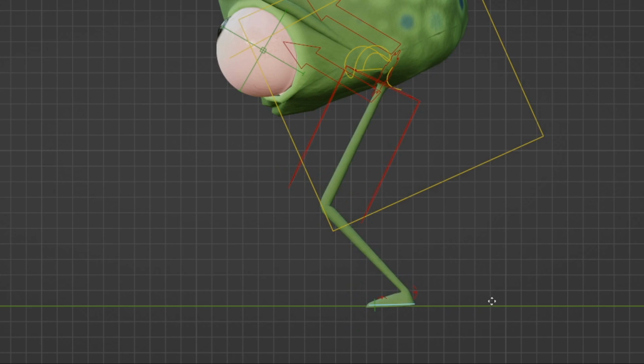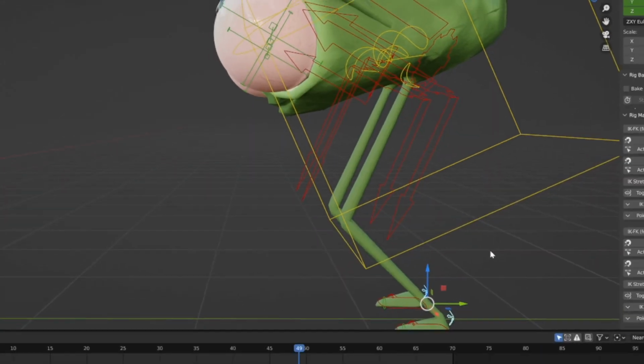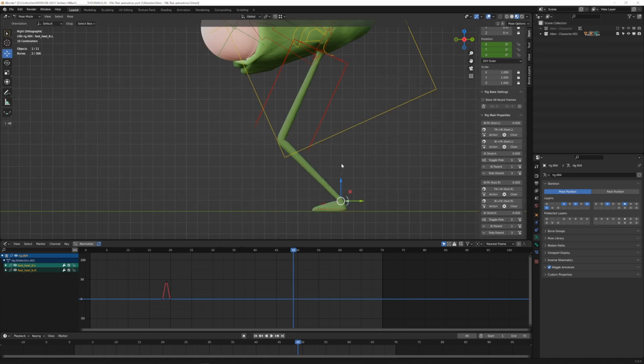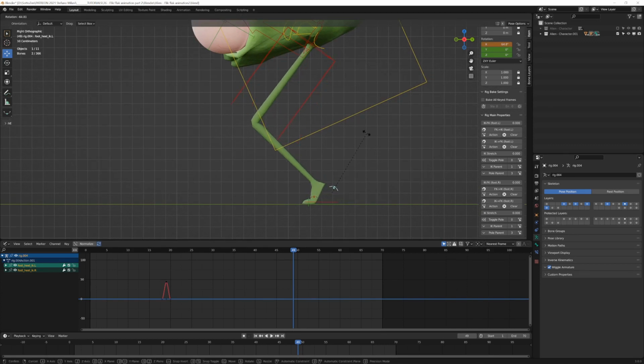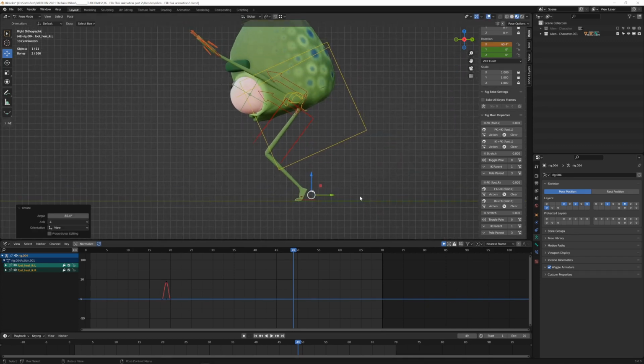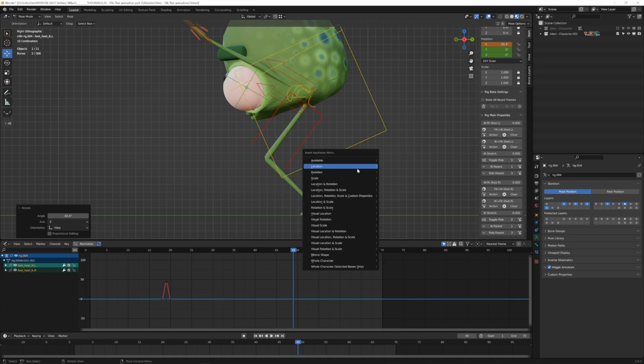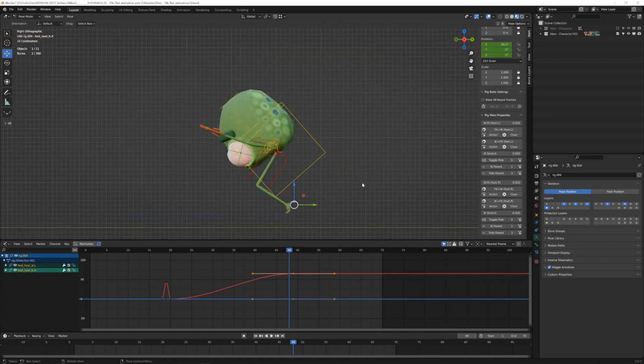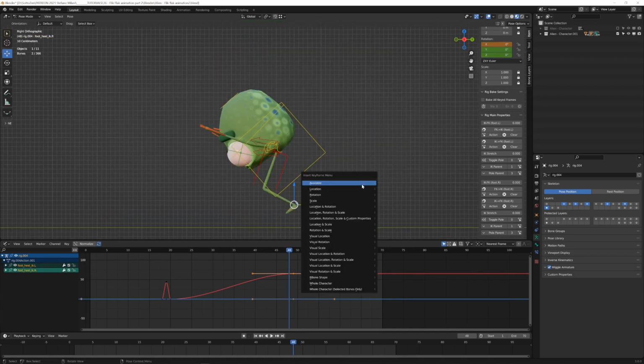So I try to put the feet controllers on the floor, and once again here I will take advantage of the heel controllers to have more animation. So rotation, once again we just need 1 frame long